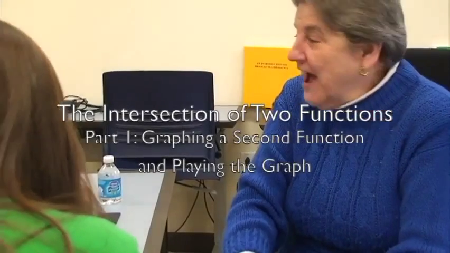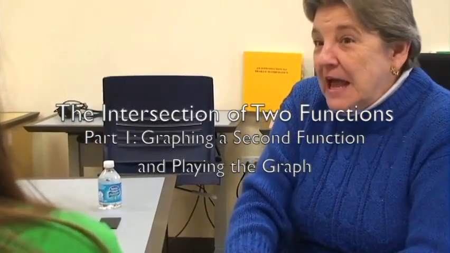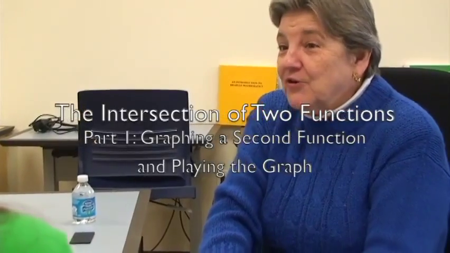What we want to do is graph another equation, because we want to learn how to do the intersection. If you want something to intersect, you have to have at least two functions. Something doesn't intersect with itself, except you have infinitely many points if it does, if it's the same line or the same whatever.